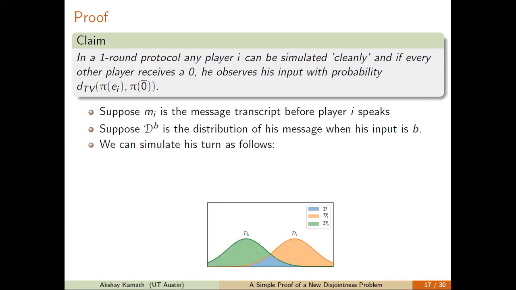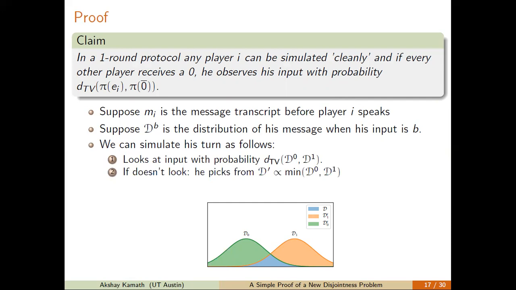We can simulate this player's turn as follows. Player I looks at his input with probability that's equal to the total variation distance between D0 and D1. And if he doesn't look, he picks from a distribution that is proportional to the intersection of the distributions D0 and D1, which in this diagram corresponds to